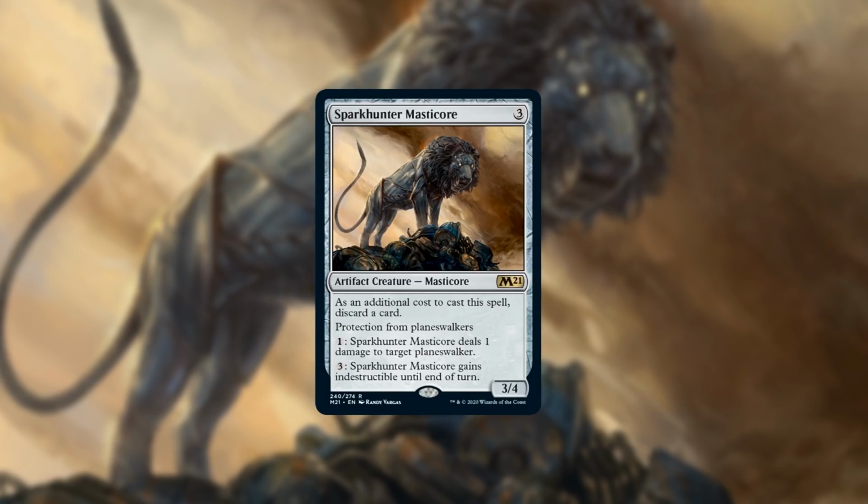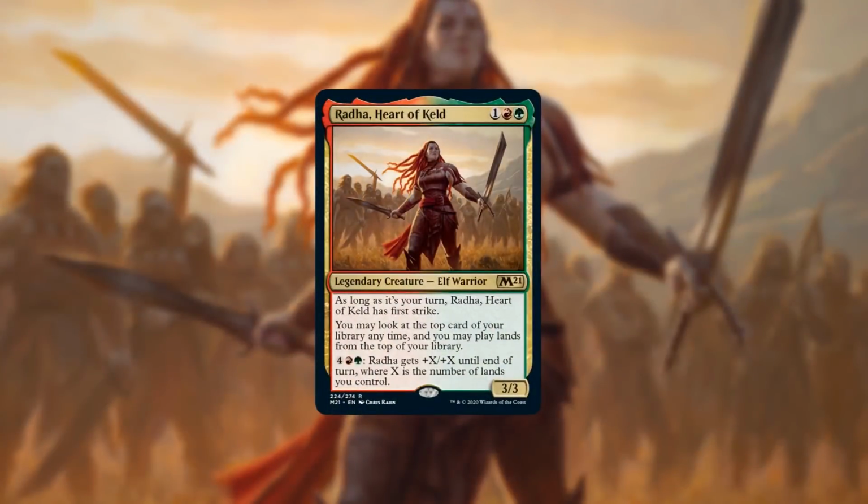Well, let's move on. Number 6 on our list, we have another 3-drop, this one in the Gruul colors, Errata Heart of Keld, maybe the most aggressive Courser of Kruphix that we've seen, with First Strike and this pumping ability. What do you want to do with this one, Crim? I mean, I want to play Azusa in this,